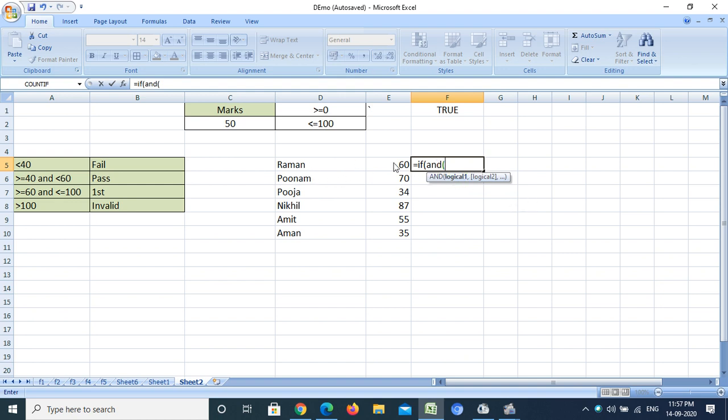I want to check whether this number is greater than or equal to 0, comma, and again this number less than 40. This is my condition. If this condition is true, then it has to display the message, that is fail. I have to write fail in double quotes.